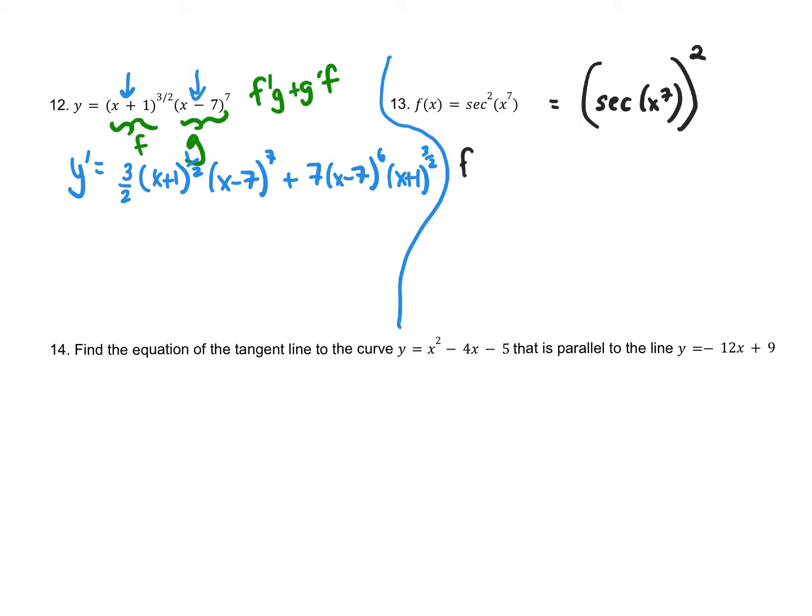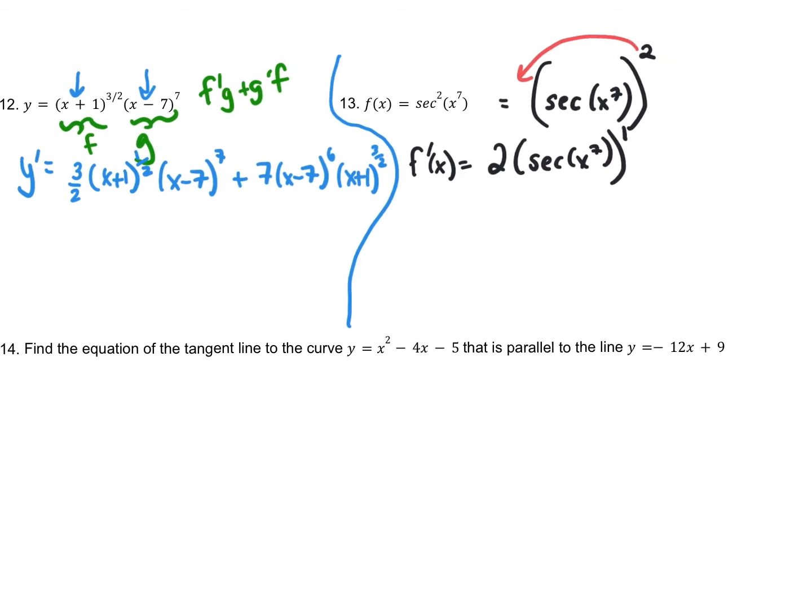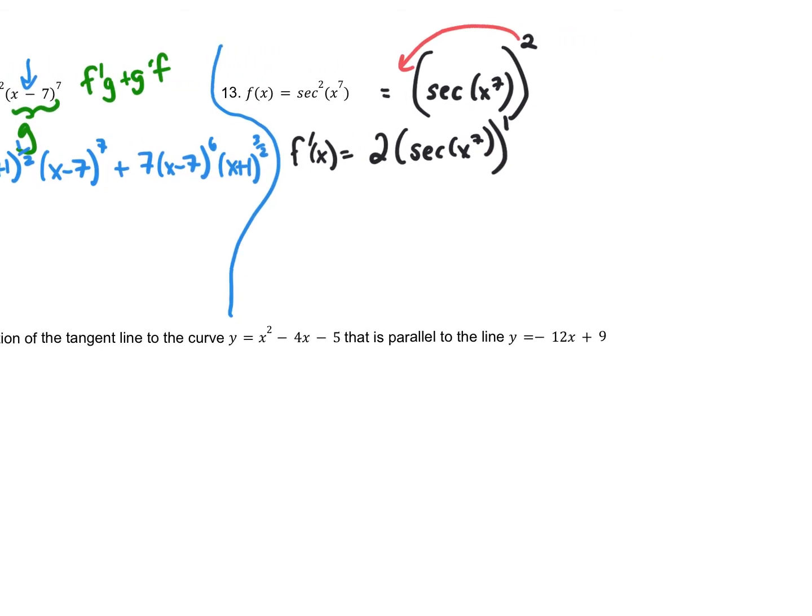So the derivative of this, f prime of x, since the outer function, you start with the outside function, is just a squaring function, I'll just bring that 2 down. And then I'm going to keep the inside the exact same. So I'm going to keep it as secant x to the 7th, and then it's going to be to the first power. But now the trick is I have to multiply by the derivative of that inside, which is secant. So if you remember, the derivative of secant is secant tangent. So I'll add a secant and a tangent